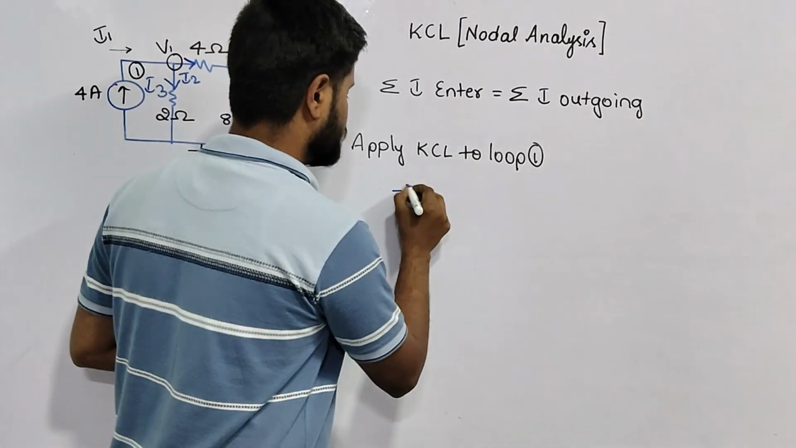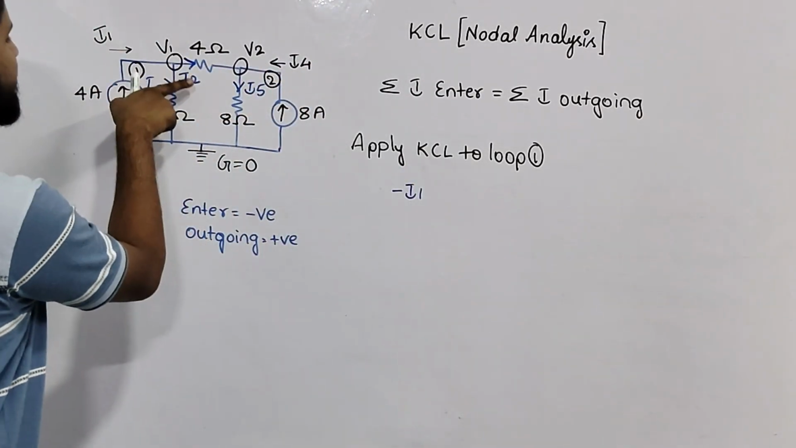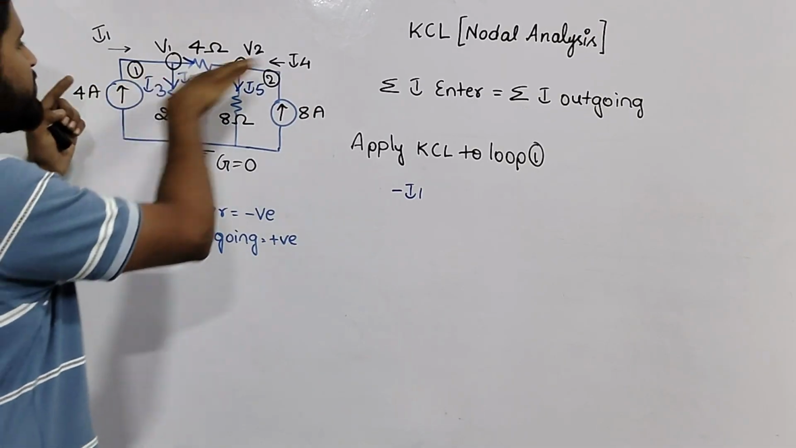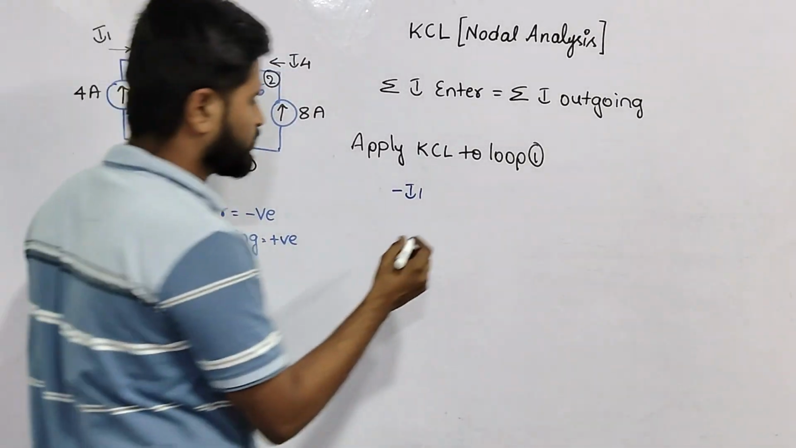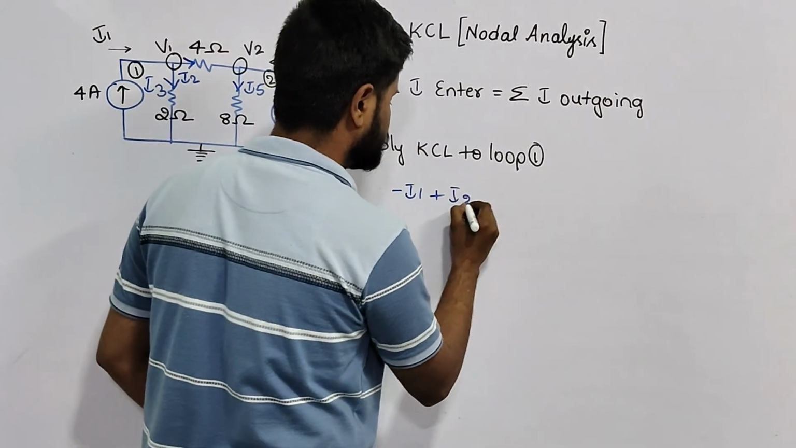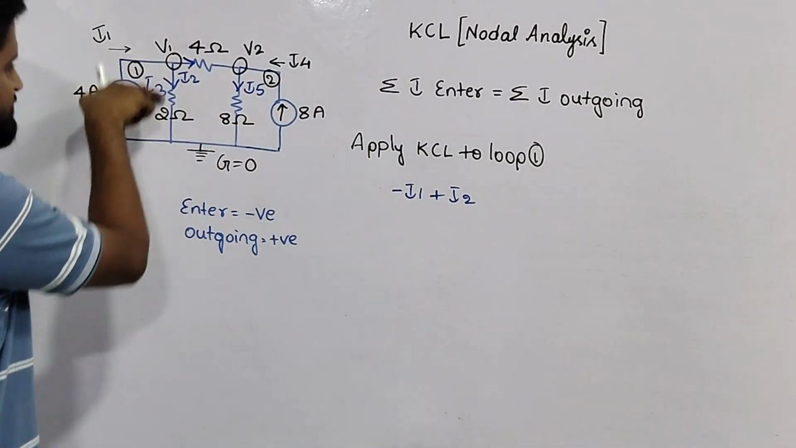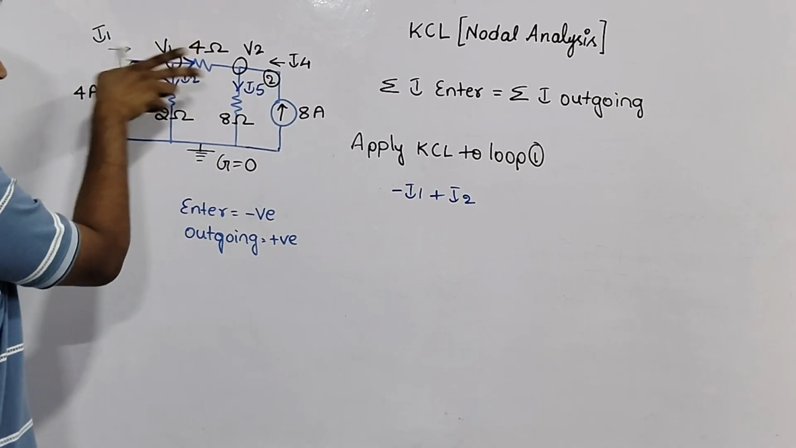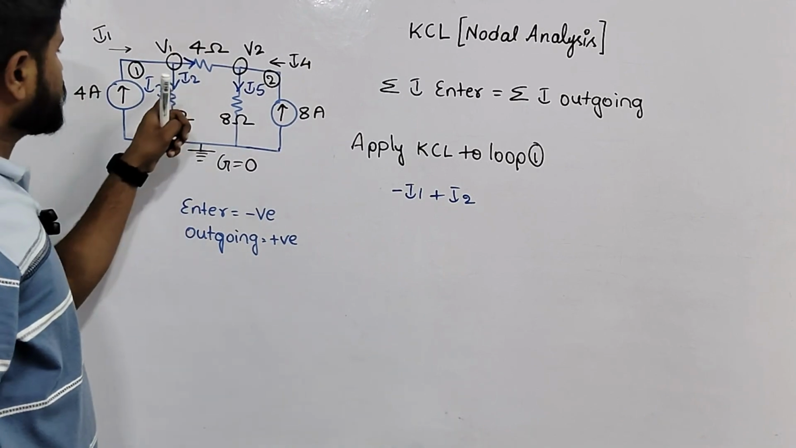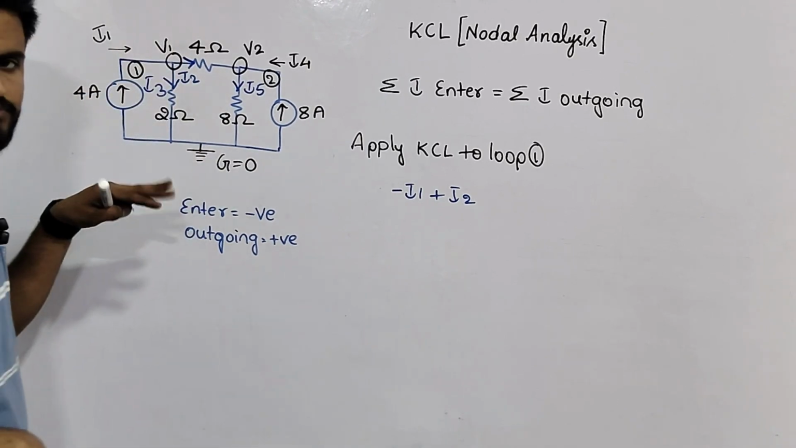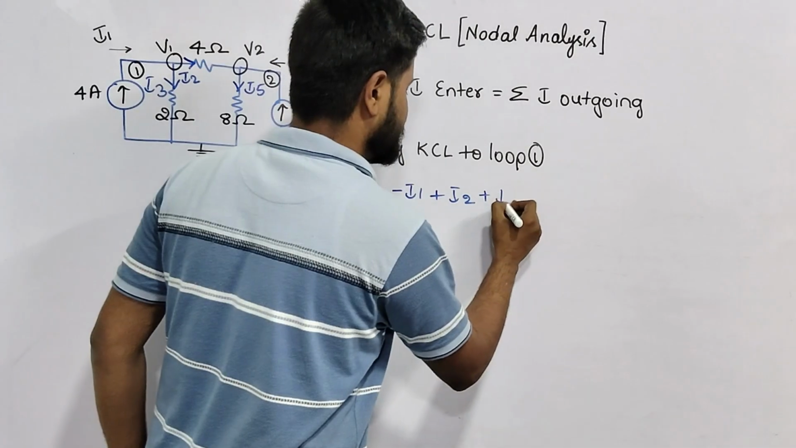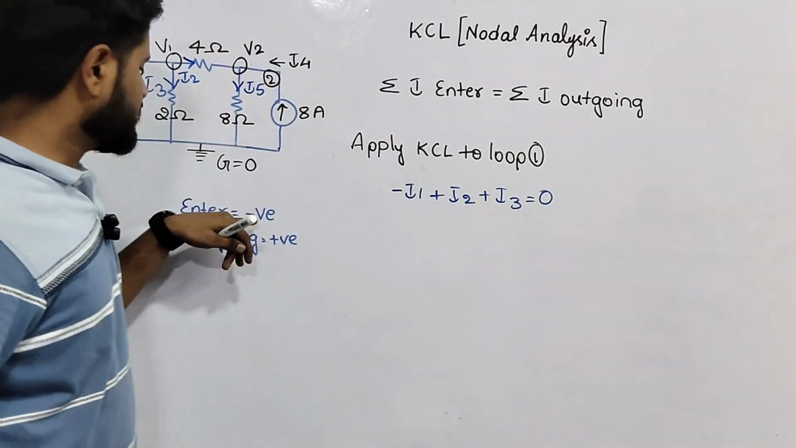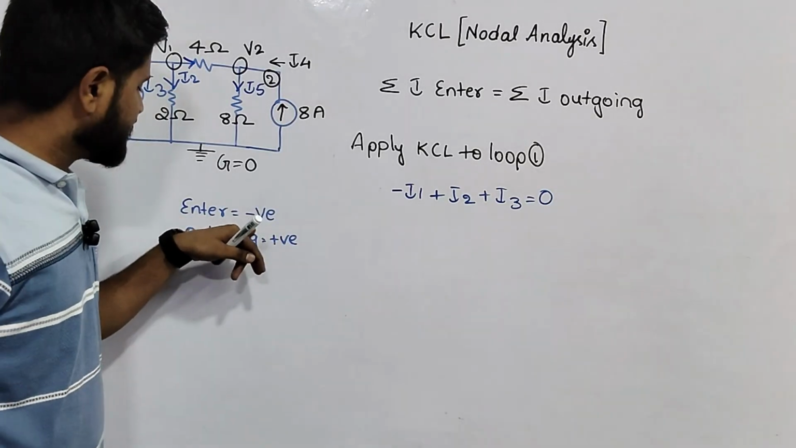So minus I1. Next, I2. What is I2 doing? I2 is going out from the node. It is moving out, so moving outgoing means positive: plus I2. Next, I3 is coming out from that node. See here, current I1 came and it split into two parts, I2 and I3, which are moving outside from the node. So plus I3 will be equal to 0, because when you are taking the entering current as negative and